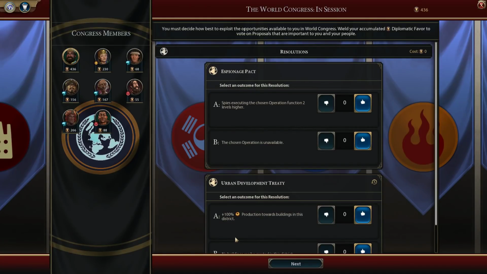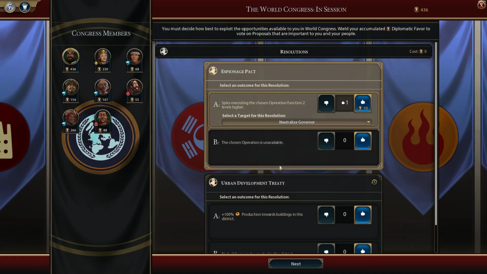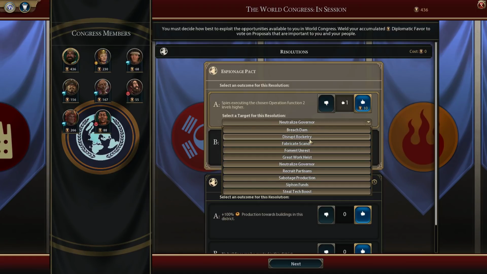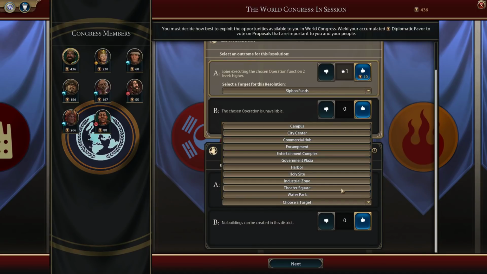Spies executing the chosen operation function 2 levels higher. What do I want? I kind of want to neutralize governors. But they're going to use that against me. I don't know. Let's do something that isn't going to mess me up. I don't know. Stealing gold is more beneficial to them than it is to me. I don't feel strongly about which operation to go with in this one. Plus 100% towards...